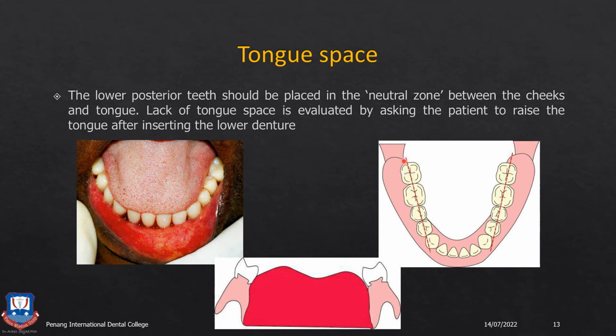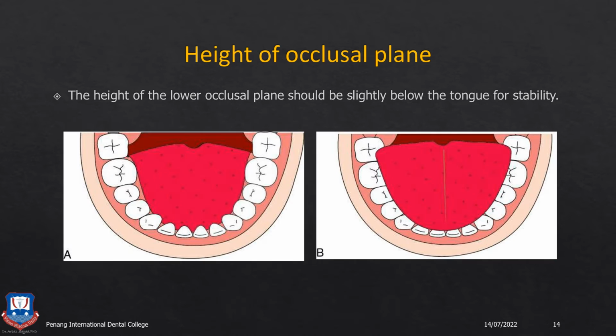So as I mentioned in the previous lecture, this is called the pound line. That is a line extending from the lingual border of the retromolar pad to the mesial line angle of the canine. So on this line, the denture teeth should not encroach, but they should be arranged on the crest of the ridge. If you need to do a crossbite teeth arrangement, you can do it for the posterior, but you cannot arrange the teeth in such a way that they encroach upon the pound line and finally encroach upon the tongue space, resulting in instability of the lower denture.